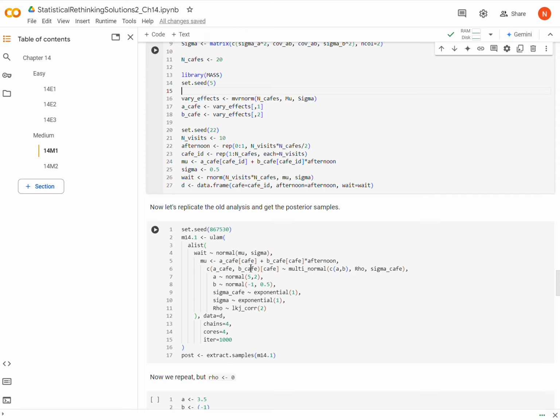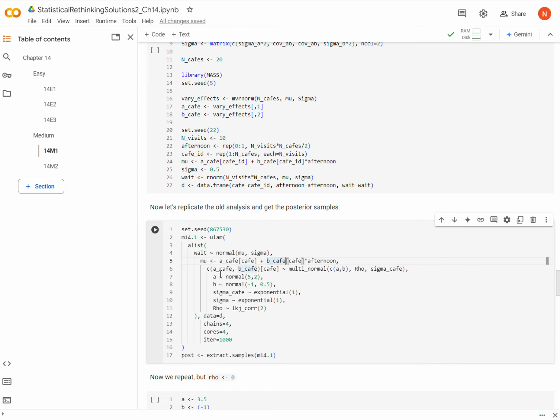by doing a lot of little tricks, but among them was to allow for correlation between parameters, in this case the intercept and the slope. Okay, and the way that we did that is we put those parameters into a multivariate normal distribution that had a correlation rho, and we estimated rho with this LKJ